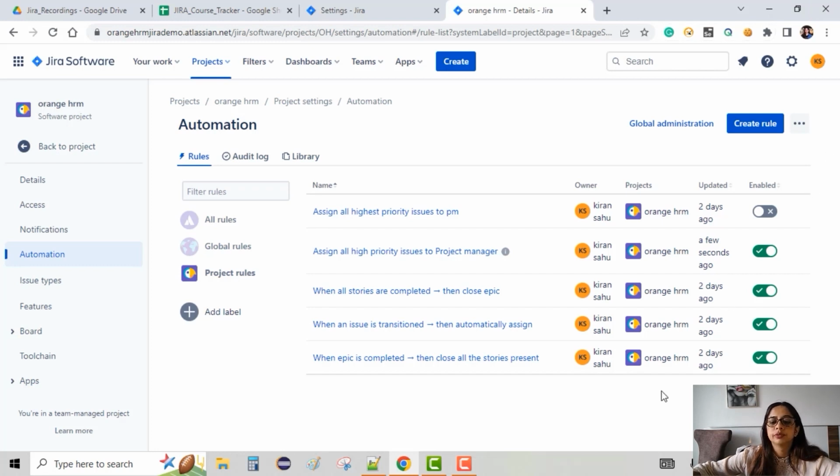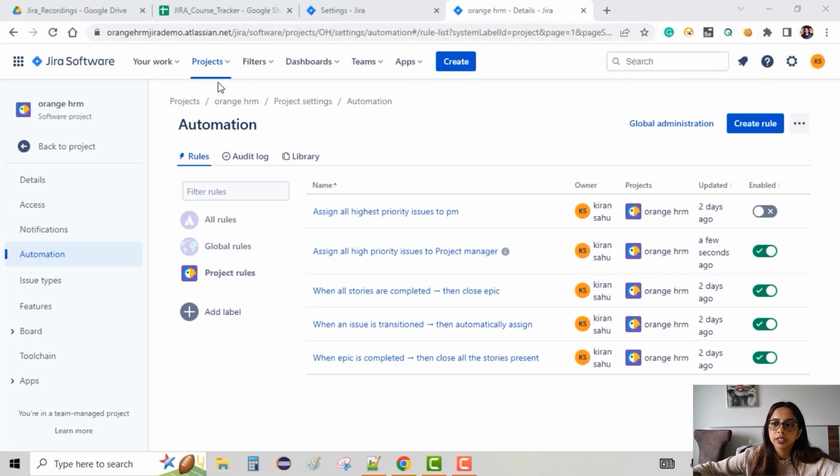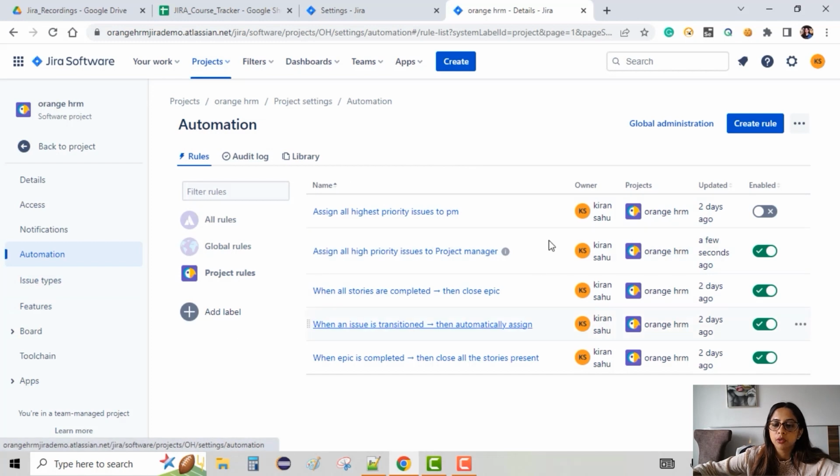Now, there's another feature which is very important, which we should know, which is how to export and import any rule. For that, again, we have to go to the project, inside that project settings, inside that automation, and now when we are on the rule, you can just click on,